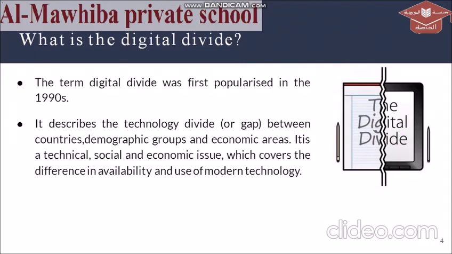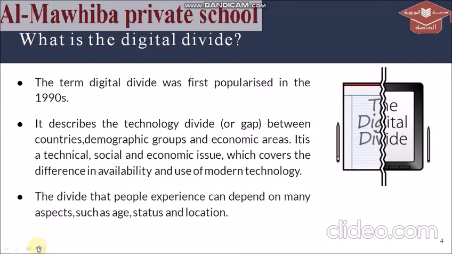There are a lot of causes that can make the digital divide, because the availability and the use of modern technology can vary depending on its technical, social and economic issues. Let's move on to the next slide. There is one more fact in the digital divide, that is its division that can experience the